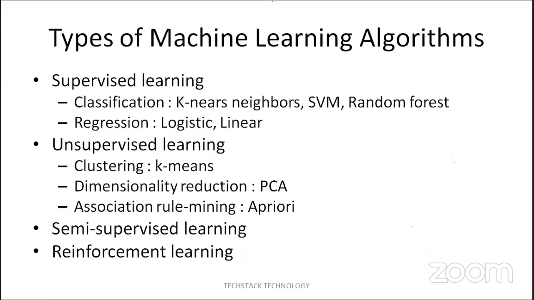I'm moving to the types of machine learning algorithms. Basically, it has four types. One is called supervised learning, another is called unsupervised learning, and semi-supervised and reinforcement learning. Supervised learning is nothing but the data. Data is actually vital for any algorithm, any program, right? Think about